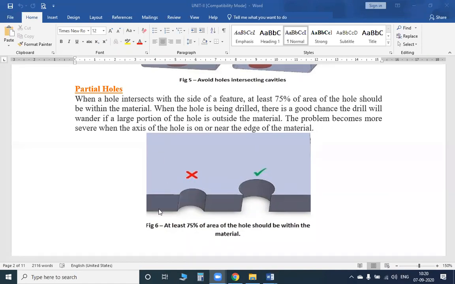Clear? So in this workpiece, what they are explaining is to make a hole which is 75% on the workpiece. Don't make a hole which is 25% or 15% on the workpiece. Because when you want to fit a drill bit, a bolt or any other thing, it can be easily handled at 75%.